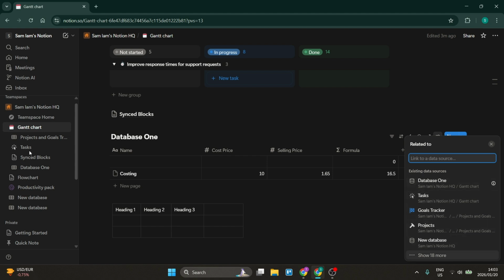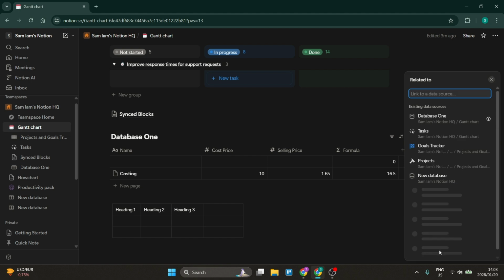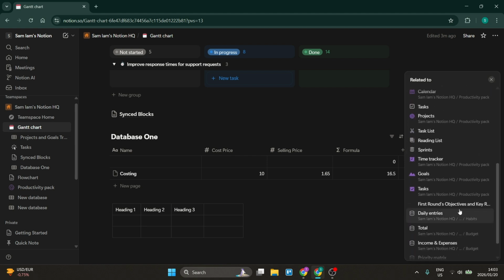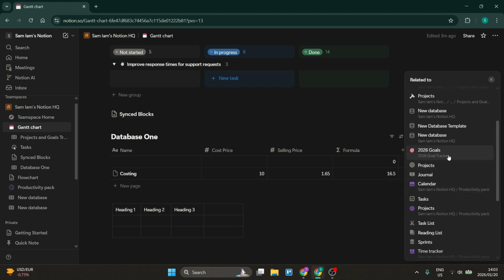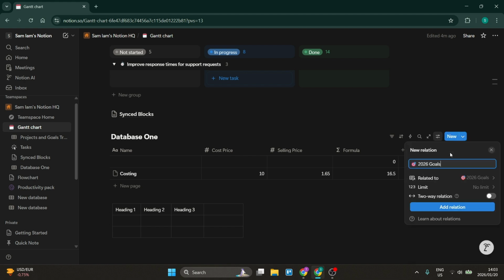You'll see that it'll match these items. You can also say show 18 more. It'll show everything that is on here. Okay. So let's say that we want to link it to our 2026 goals, and we can have it as a two-way relation. So this allows you to manage properties on either one of these files or documents, and it'll show in your current one. Okay, we also can change the limit, but for now we're going to go add relation,